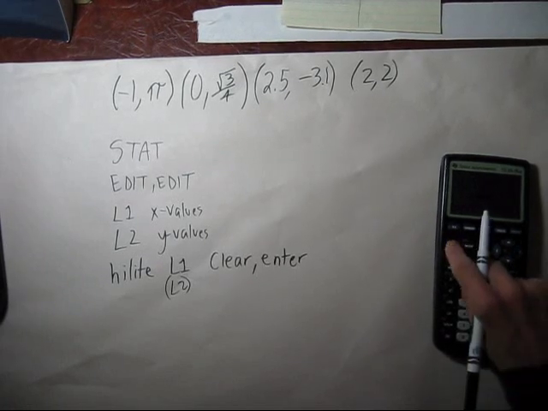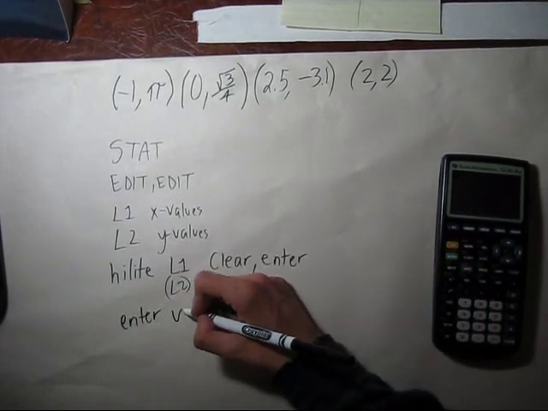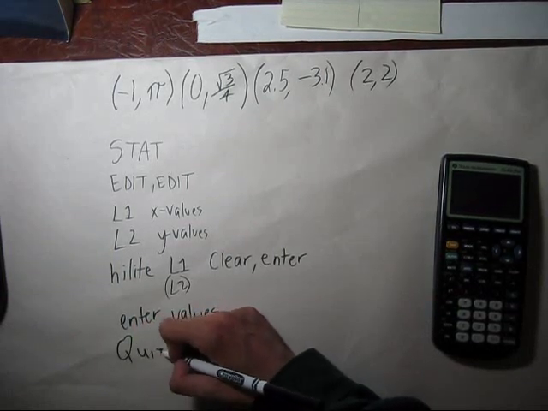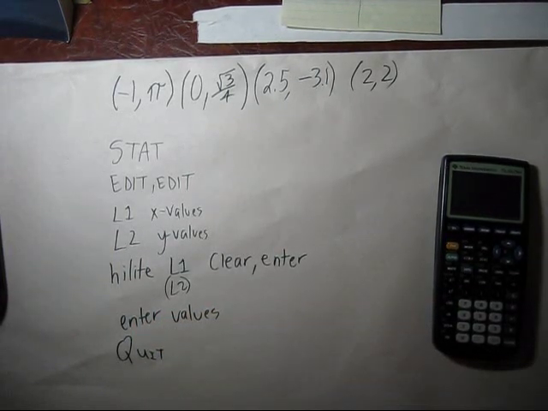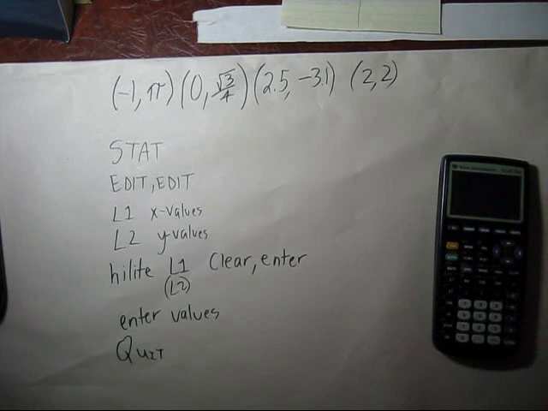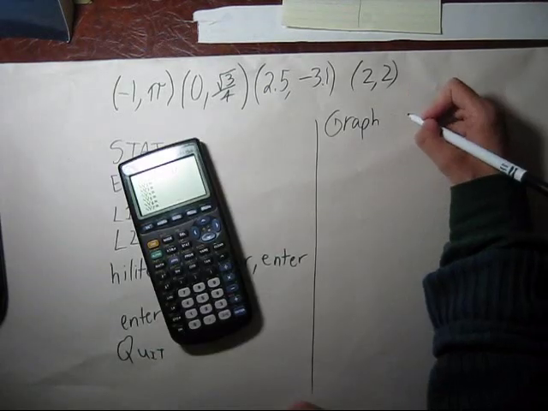Now let's quit out of that. And then quit. And now we're going to plot them. First thing we do for plotting is make sure that we're not going to plot another function along with the points. So if you hit y equals,